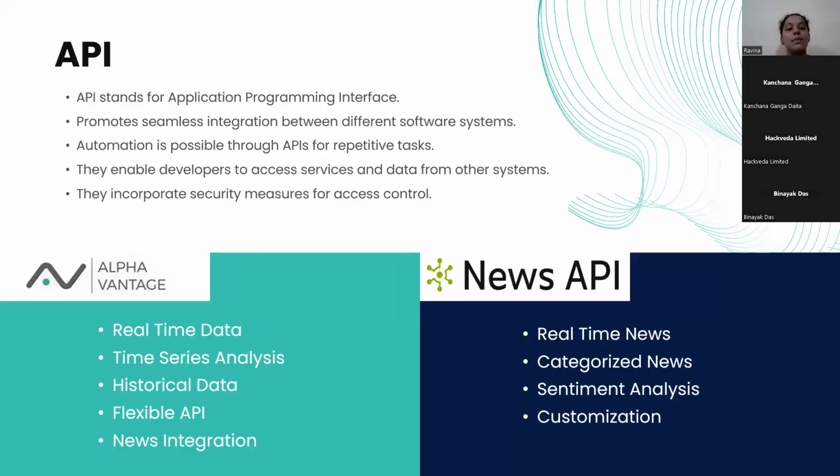API stands for Application Programming Interface. It promotes seamless integration between different software systems, and also allows access to services and data from other systems. Let me give an example. When we access the IRCTC website to book a train ticket, we are accessing the software and database